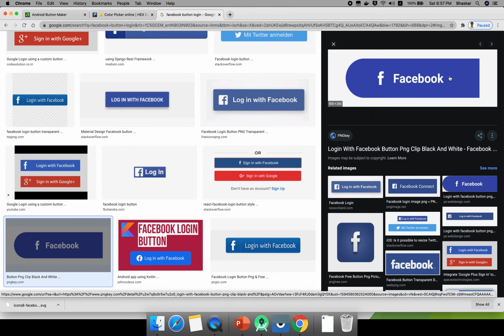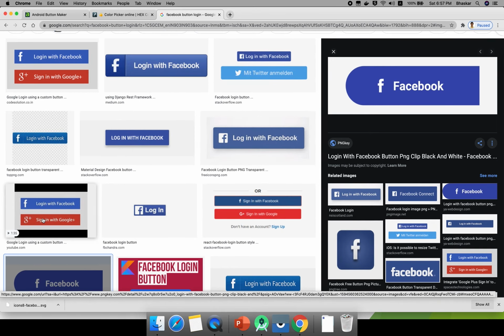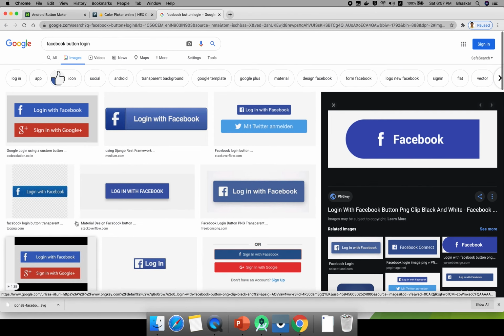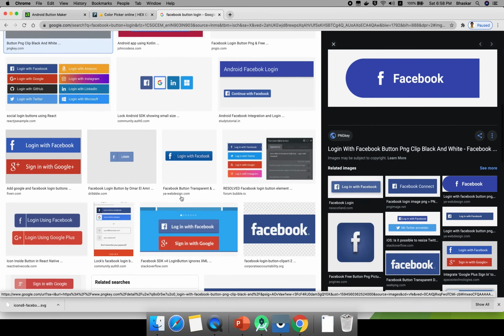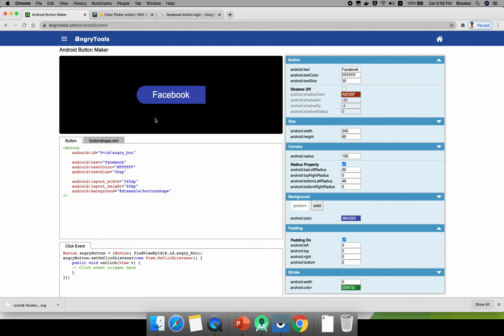I hope you understood. To append this icon, the Facebook F is there, right? This is one type of button, this is Google Plus, sign in with Google Plus. These are different types of buttons you can design by using these Android tools. If you want to integrate, I already explained it in my previous section, go ahead and watch that.